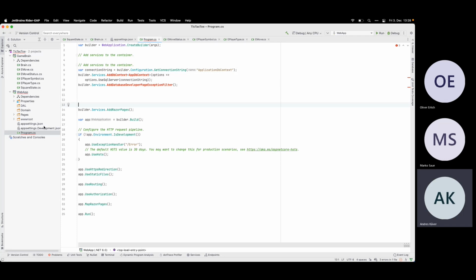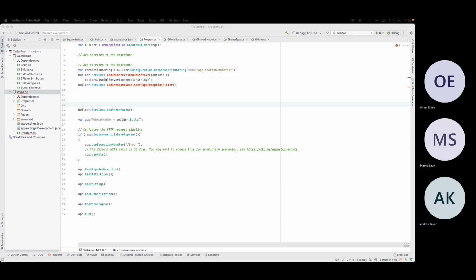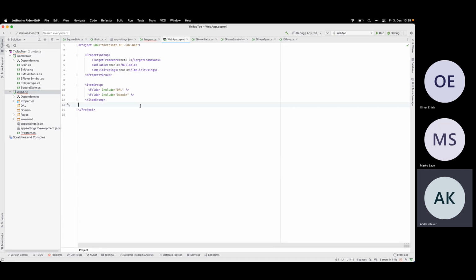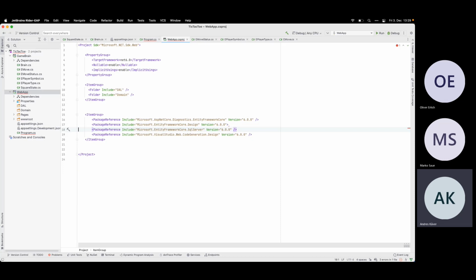Then I also need, I don't have any database installed yet at all, so I need to install something. And I think this is what I need for the databases. So let's see, what do I need here? Yep, SQL Server, everything should be okay.